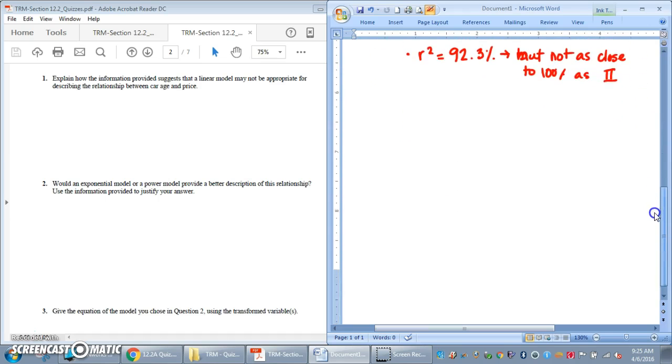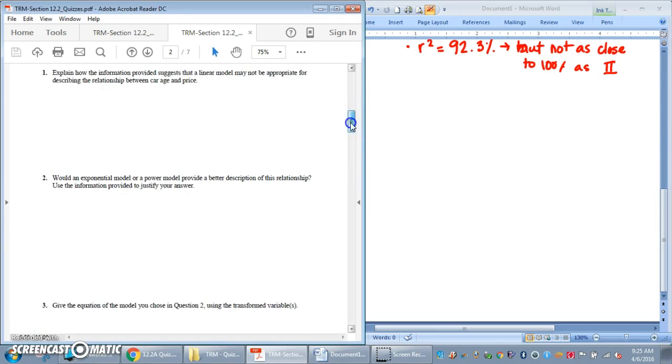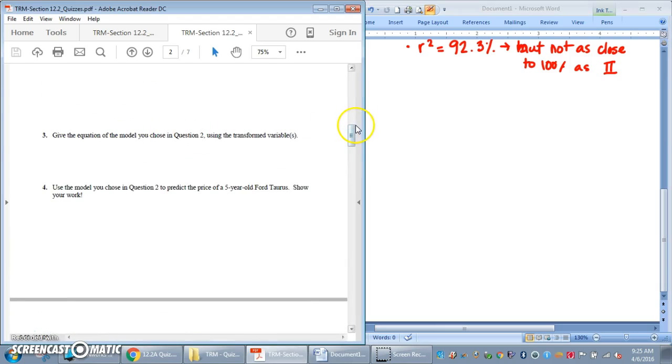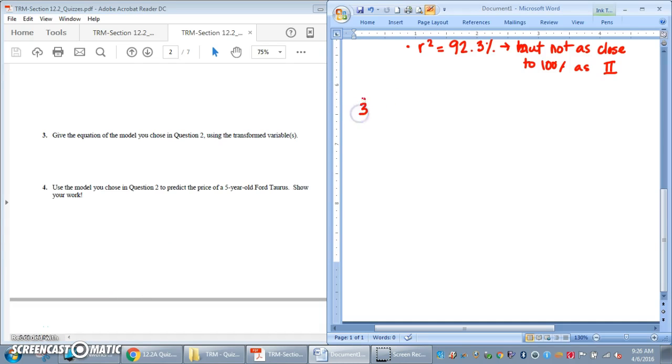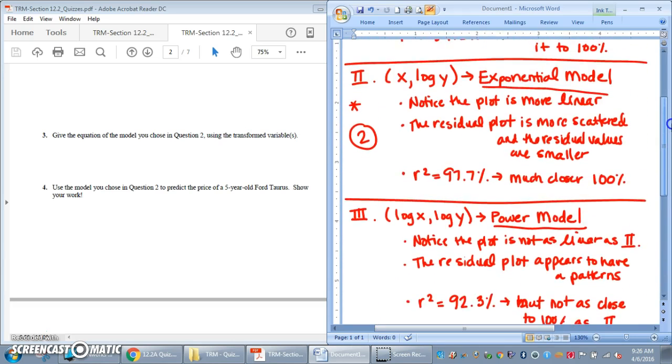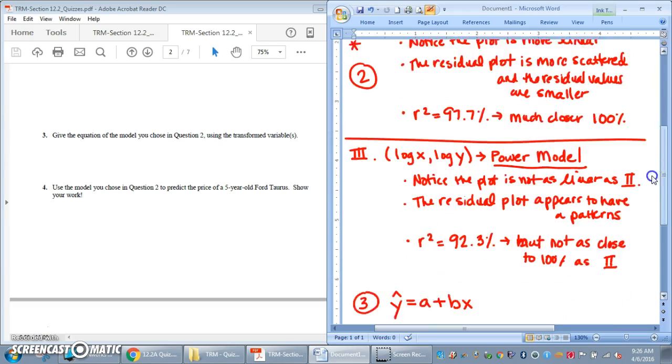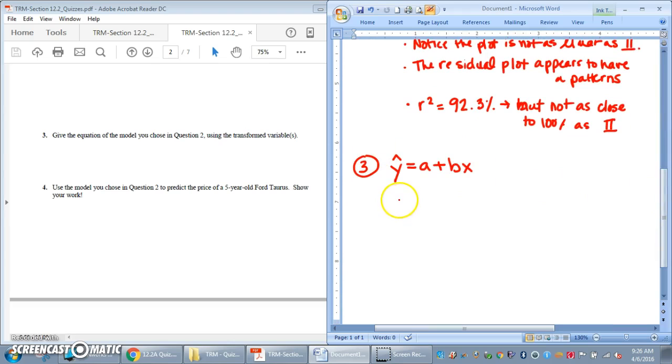Then come questions 3 and 4. Questions 3 and 4 say we need to write an equation for the model. When you write an equation for a model in question 3, you have to note that we were looking at our exponential model. And typically our linear equations start off like this. In our case, what did we do to the y in the exponential model? We took the log of y. And our y value in the exponential model, if you're looking at the graph, was price. So this is the log of price, and they put the hat on it to say that it's predicted, equals,